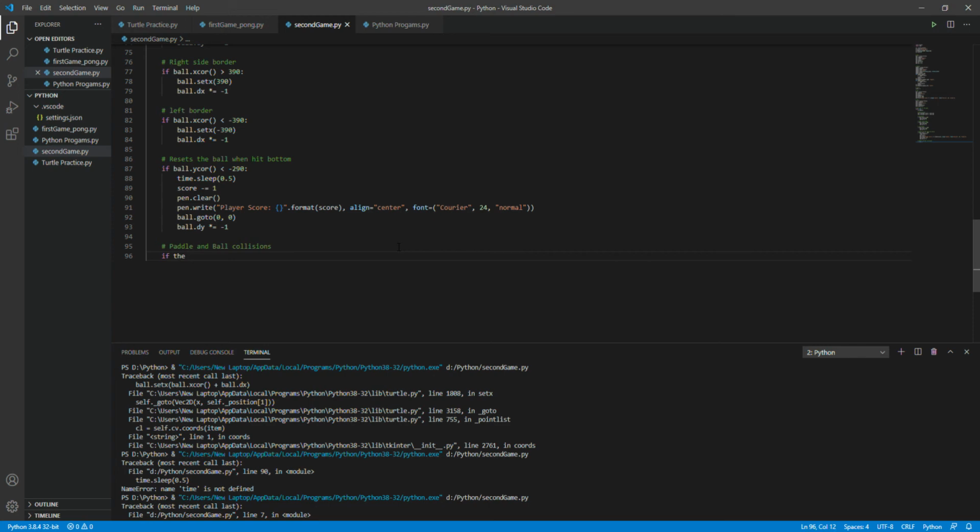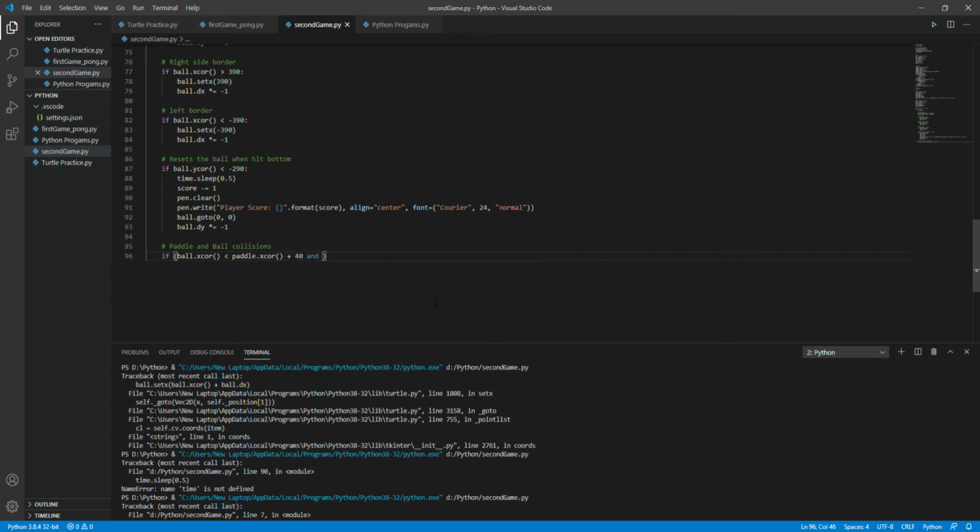So if the ball's x coordinate is less than the paddle dot x coordinate plus 40, because our paddle is 40 or 50 pixels wide, so then plus 40,